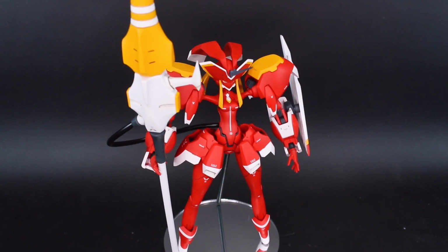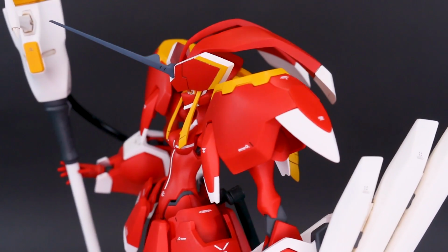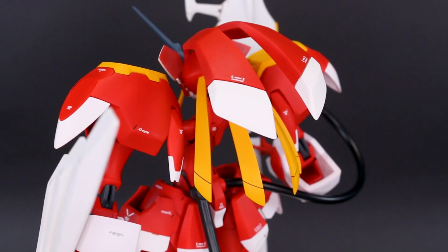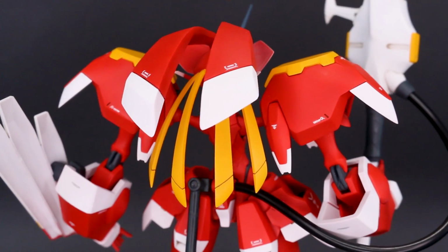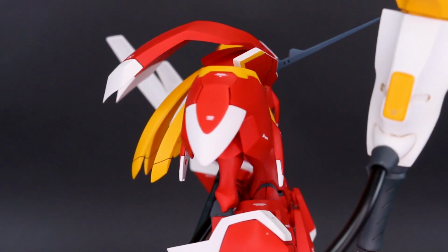To make that, having the yellow and white stripes on there, I had to mask those bits, and then mask the parts on the shield, the yellow and red stripes on the tips of the end of the shield there. So there was a little bit of masking here and there that had to be done, but really overall nothing too difficult. It was a really fun kit and relatively simple to work with, just a little bit of seam line removal to get it prepped, a little bit of masking during the painting process, but overall